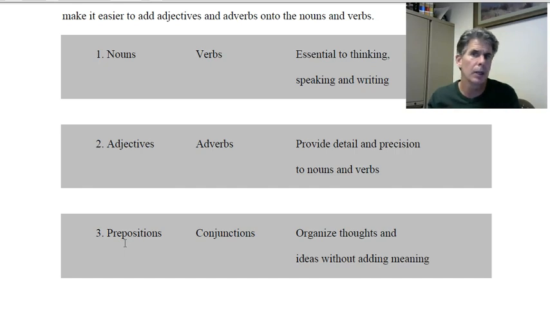Conjunctions are the same thing. The main conjunctions are "and," "but," and "or." Those are called the coordinating conjunctions. Wouldn't you love to define the word "or"? How could you define it? What people do is they give examples immediately. In other words, they put it to work. Both prepositions and conjunctions have almost no meaning to them.